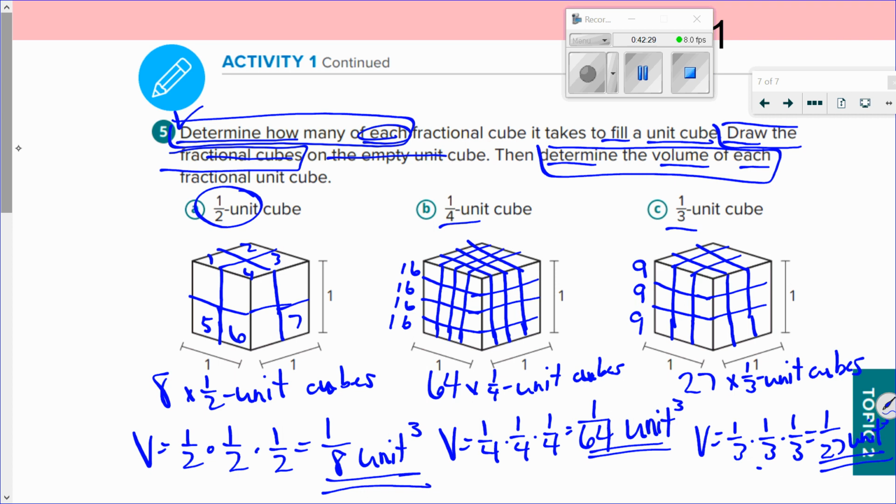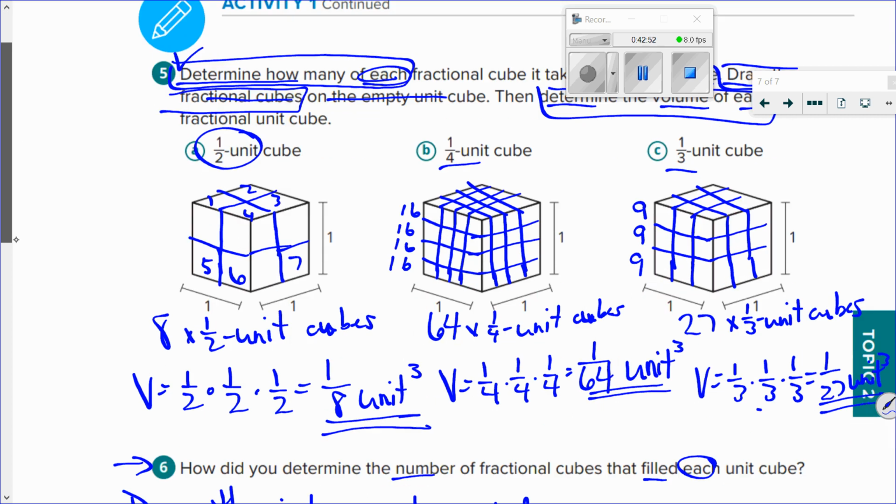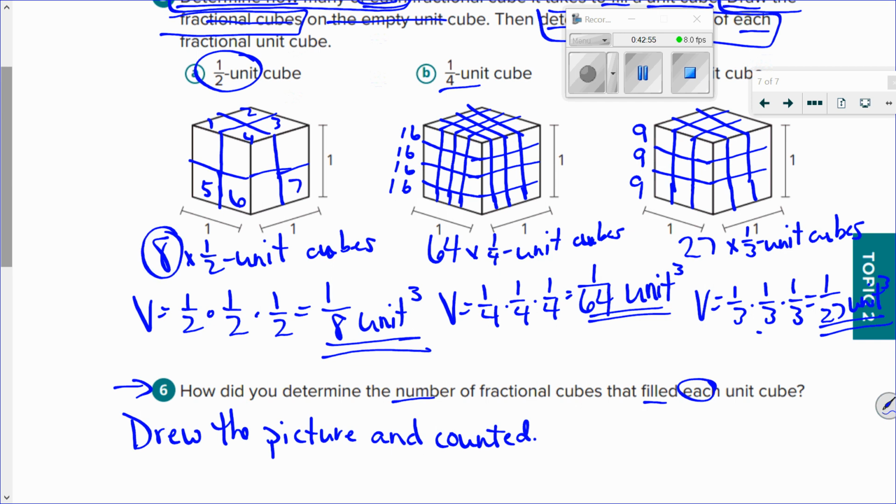Did you notice anything about the denominators and the total units needed? Brandon? Good. The denominator showed me how many I was cutting in each direction. Did you notice? When I had half unit cubes, it took 8 of them. The volume was 1/8. When I used the 1/4 cubes, it took 64 of them. The volume of each was 1/64. When I did the 1/3, it took 27 of them. The volume was,